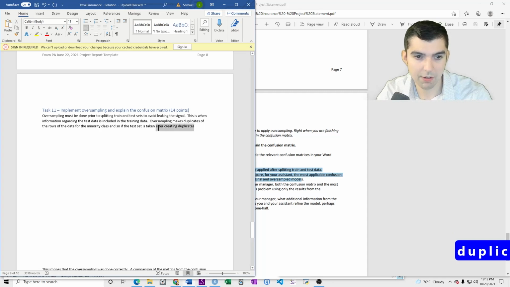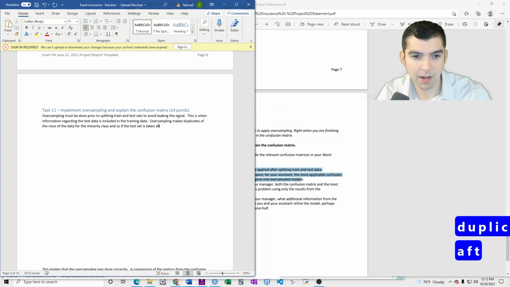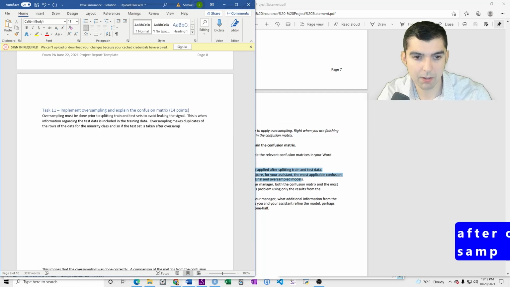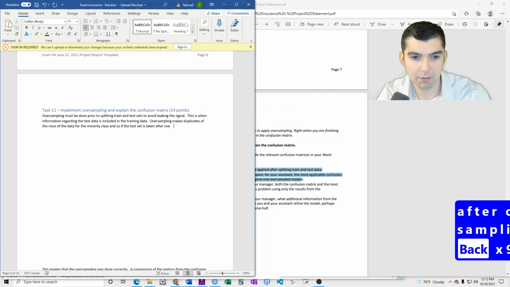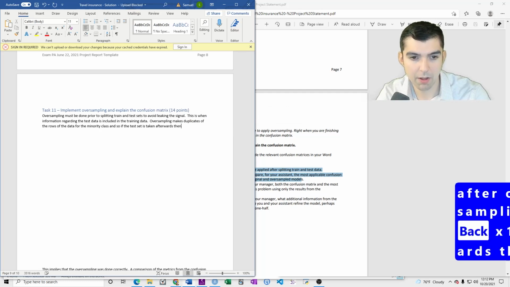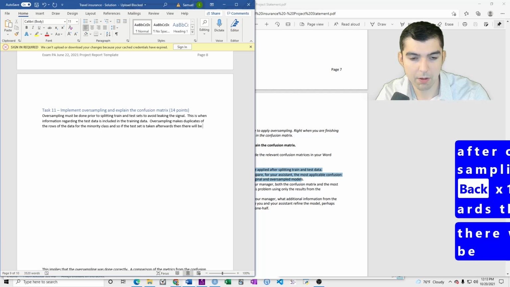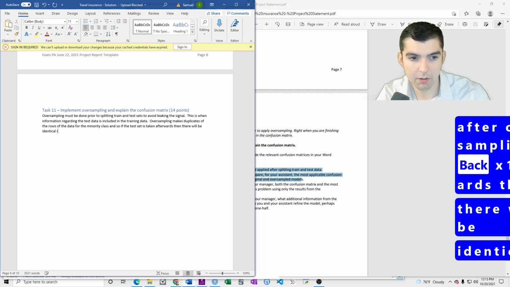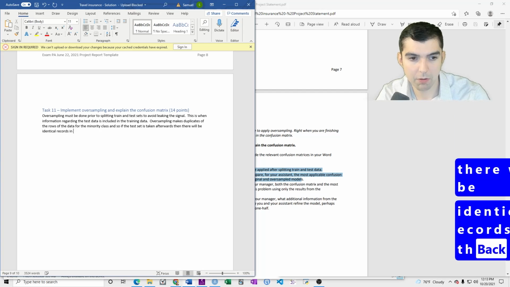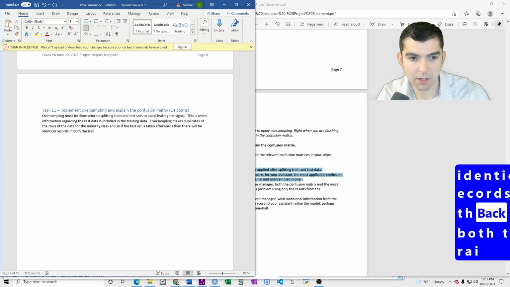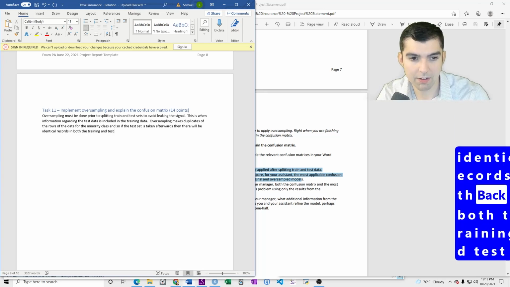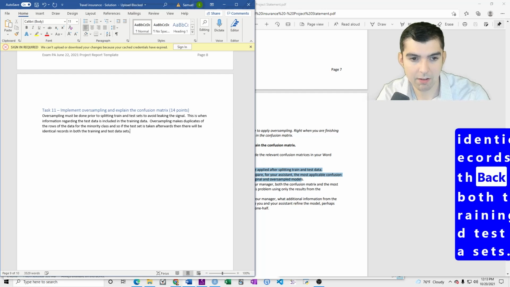And so if test data is taken after oversampling, then there will be identical records in both the training and test data sets.